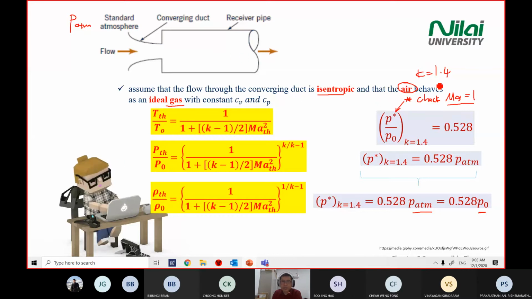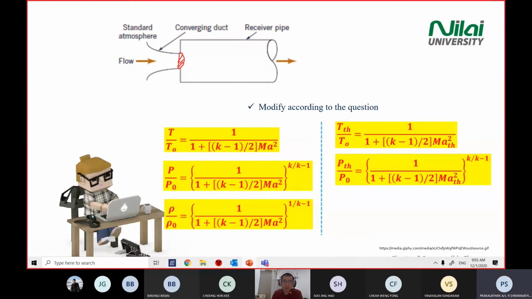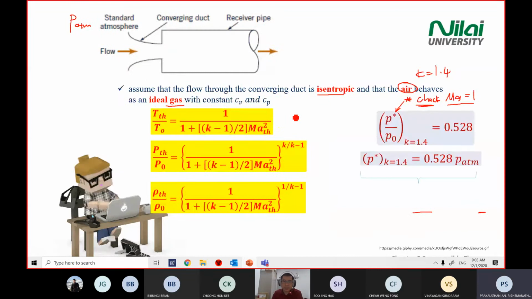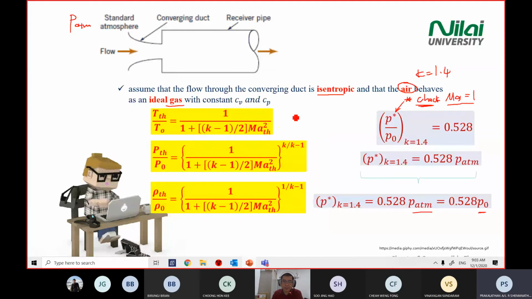We will analyze the critical state, although the question does not ask us to analyze it, but for chapter 6, questions always go like this. There's a stagnation pressure already. Sir, if it is in the critical state, the Mach number is always 1, right? Correct. So you just modify the equation,